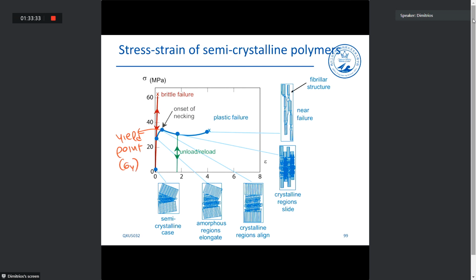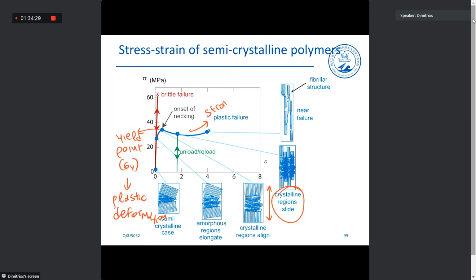we have plastic deformation, so deformation after the yield point is not reversible, it is permanent. And in this case, usually what happens is that we have a sliding of the crystalline regions. After the crystalline and the amorphous regions align at the yield, we have a sliding of the crystalline regions after the yield. That drops the stress a bit, but then again we have a reinitiation of the orientation of the chains, and that is why we have this